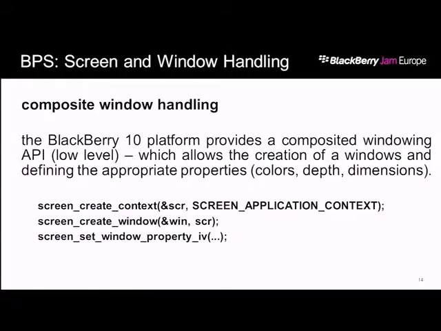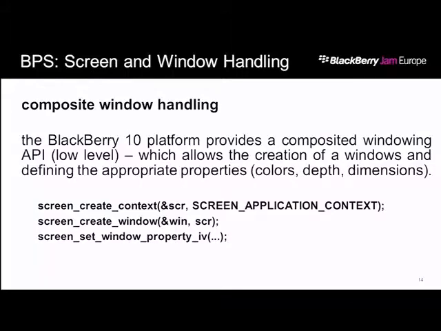For example, if you have a game that you're porting from MS-DOS, I have a couple like that, and you need a 320 by 240 resolution, you can actually request a window of that size. BlackBerry 10 will scale it up for you, so there's no need to do pixel doubling and things like that. You specify the size of the window, and the OS will render it appropriately. At the same time, it will also translate all touch events to that window space.